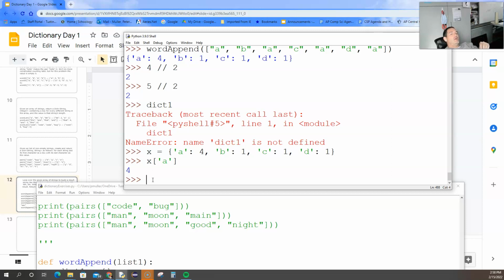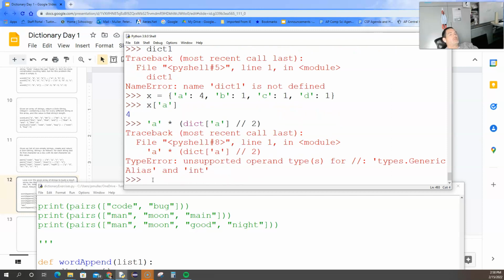I really want to multiply the key, so the key is A, right? I want to multiply that times the value I get from the key, integer division 2. Yeah, see how, oh, because I